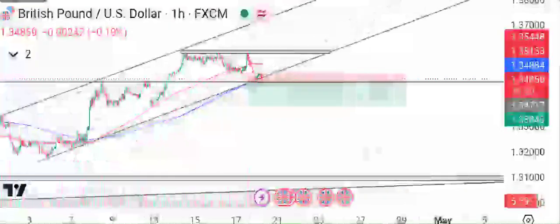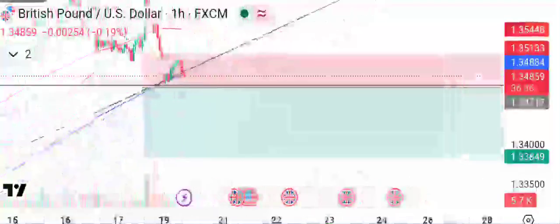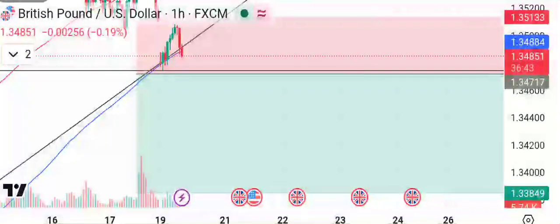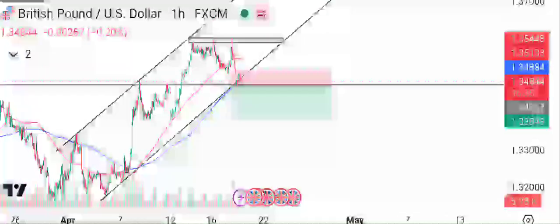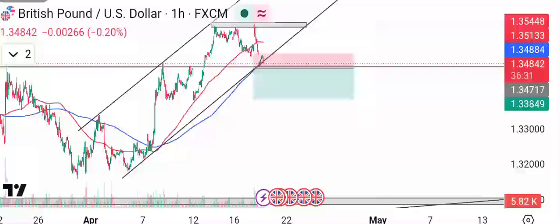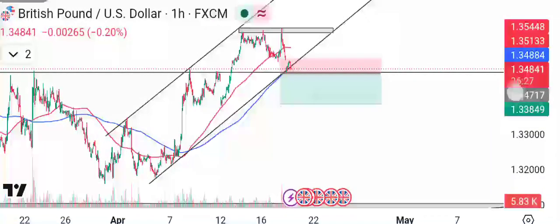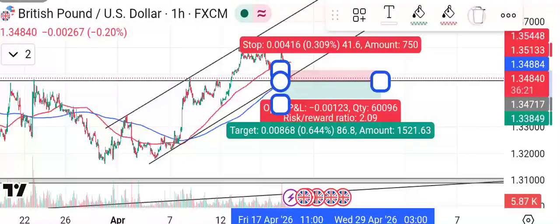Because already we can see clearly that if price is able to take out this support line here, it has already broken out of the channel, as you can see. If price breaks out and takes out this low here, this line, it has already invalidated this channel by breaking out. So I will be selling back to this low, which is 1:2.